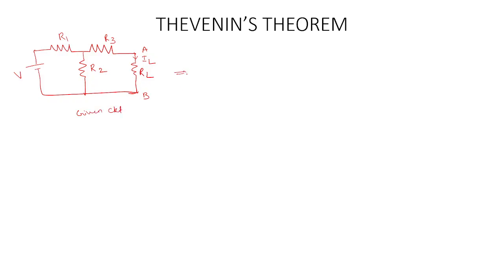It has to be converted into Thevenin's equivalent circuit, which consists of V Thevenin in series with R Thevenin, and the load resistance connected back, which is equal to RL. So you can find the current IL. IL will be equal to V Thevenin by R Thevenin plus RL. So this is the Thevenin's equivalent